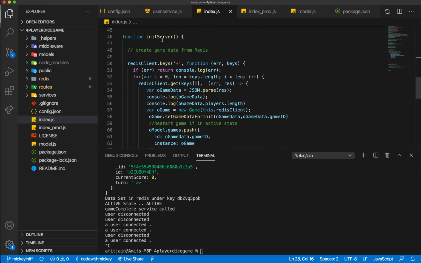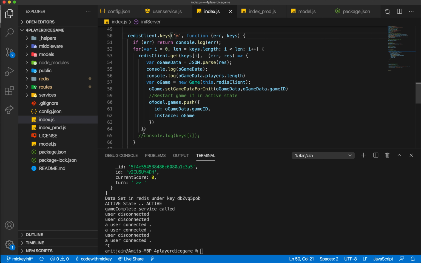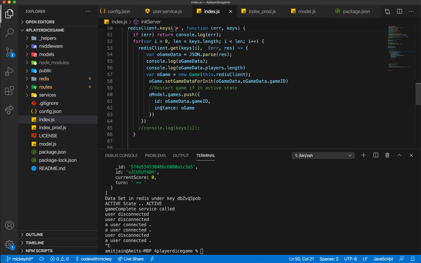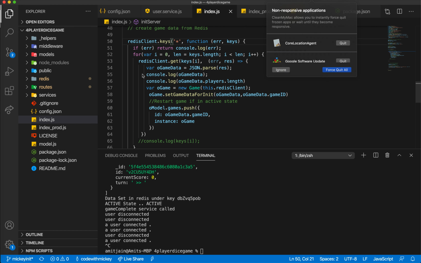Now there is a function called init server. This is the main function or entry point of my entire application. When we enter here, we check Redis client for all the keys available. I've created this so that if the server is restarted, we should not lose our games. So we check for all the keys, and with all the keys there,